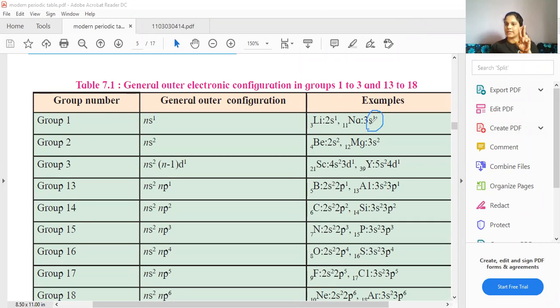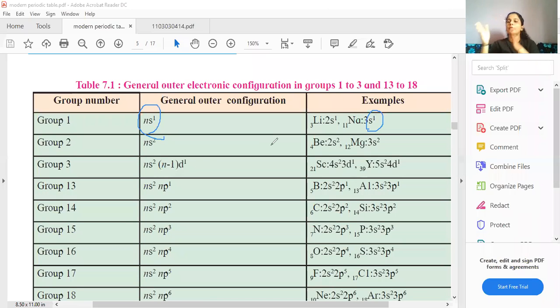Students, you can see a pattern over here. For lithium, it was 2s1. Then you go below to sodium, which is in the third period, it is 3s1. Then whatever the next element is in the fourth period, it will have 4s1. The next element will have 5s1. You can see a pattern over here. So down the group, the configuration has a general outer configuration. So for the first group, I can write it as ns1. I hope now what is written in that paragraph kind of makes sense.